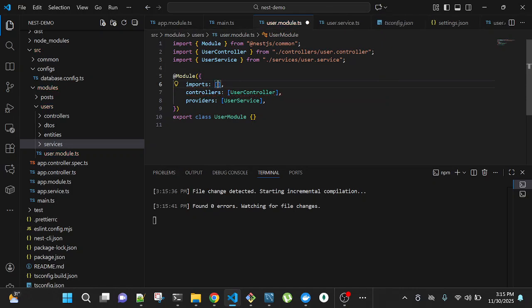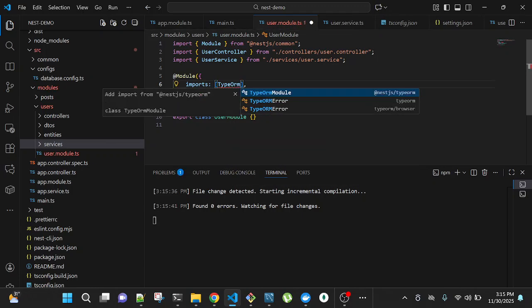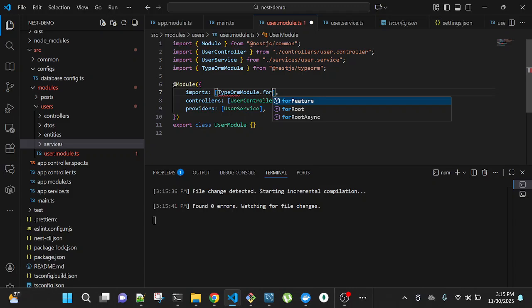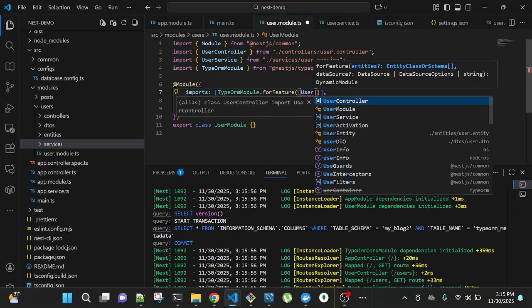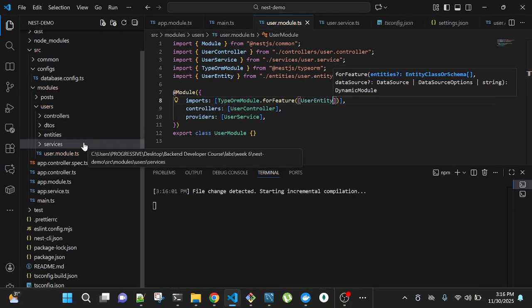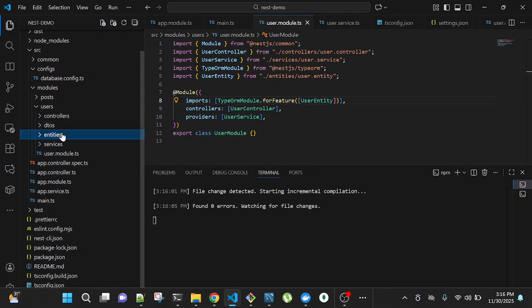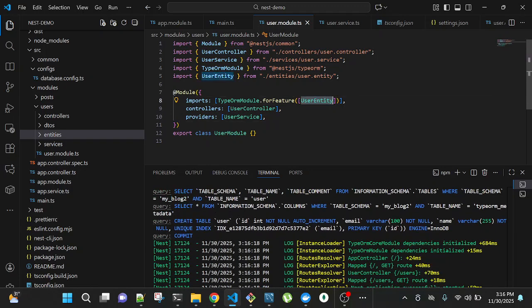So let's tell TypeORM to use our module, forFeature. It's just for TypeORM to use our entity here, the entity we created for the user service, because we want to use it in this module. So we need to wire it together just the same way we wired our user controller and user service into our user module. So we need to wire our entity also.